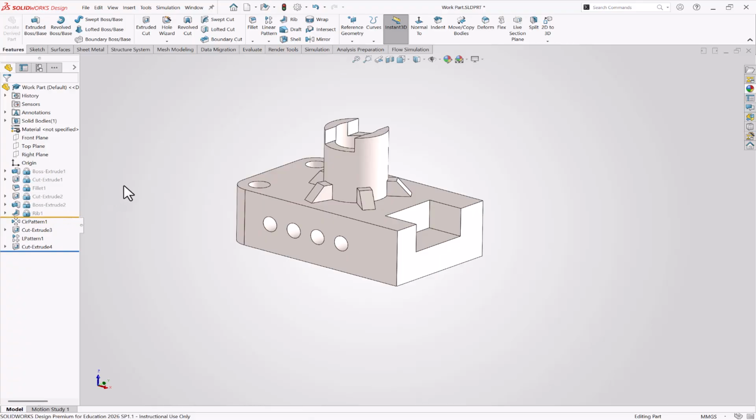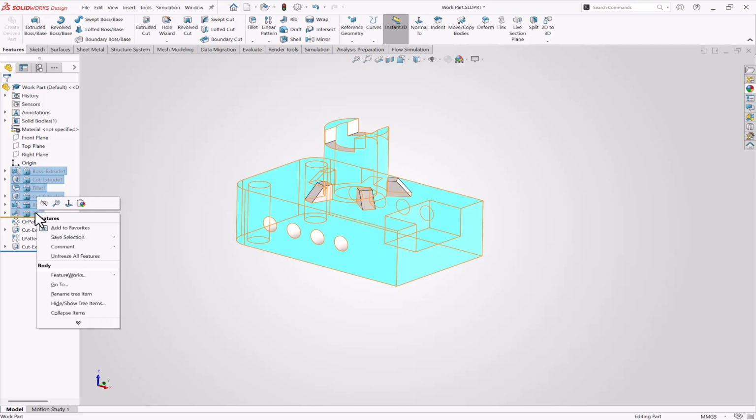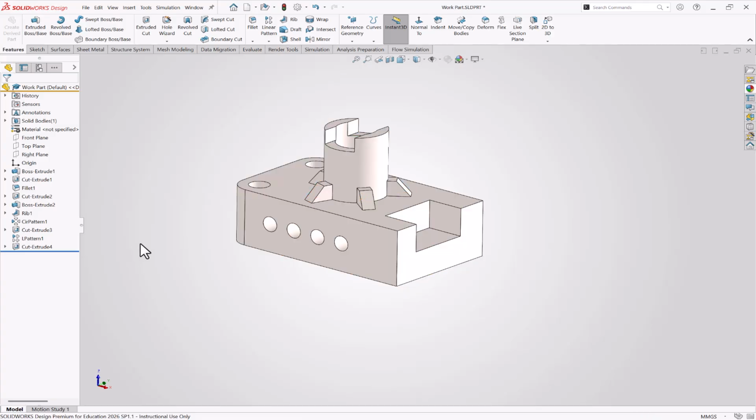So if you want to unfreeze it back, you can simply select those features and right click, and you can also unfreeze by clicking unfreeze all the features, or you can go to system options and from there also